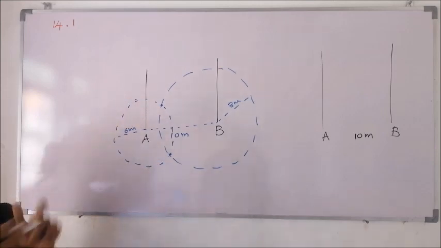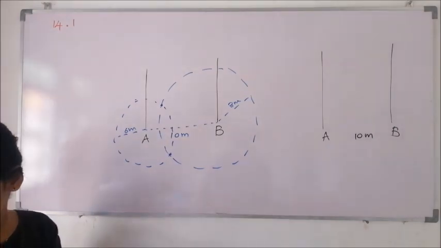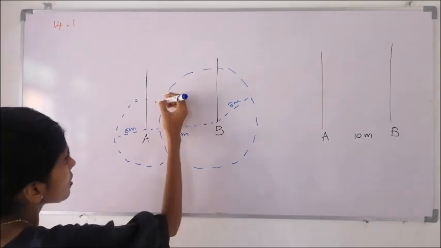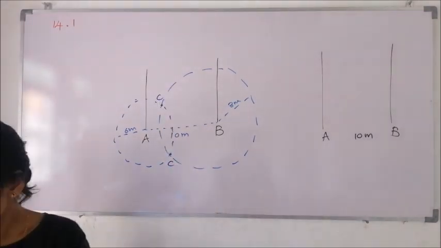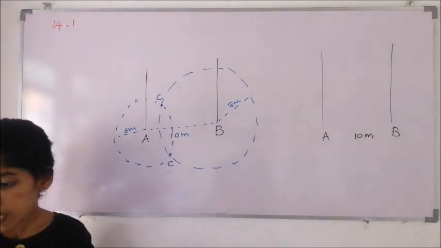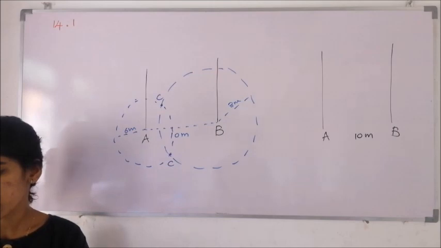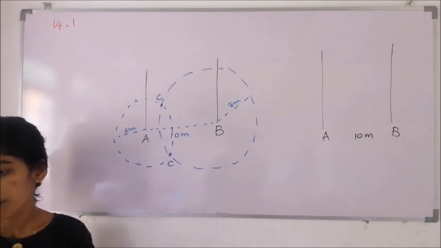Okay. So they have told us to mark the location of the lamp post C on a suitable rough sketch. So this is one point, this is the other point. Next, Roman number 2. It is required to fix a lamp post D equidistant from the posts A and B. Mark the location of the lamp post D on a suitable rough sketch.